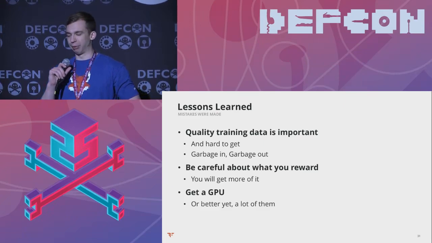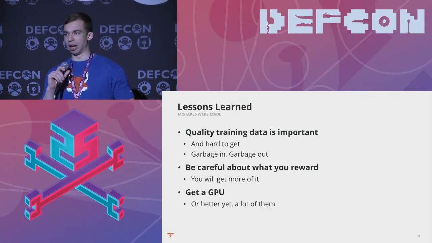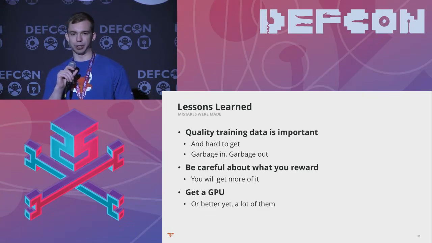Another thing we learned is get a GPU, or better yet, get a lot of them. We had a significant speed up from GPUs, and there's a lot of great companies out there that are selling cheap GPUs, and you can just rent them on the cloud. It's super easy to spin up, and it really helps. We had something like a 20 times speed up when we were training our models. So it's really easy to get started with this stuff, and once you get an idea for something you want to try, definitely get a GPU. It'll speed up your debug time.